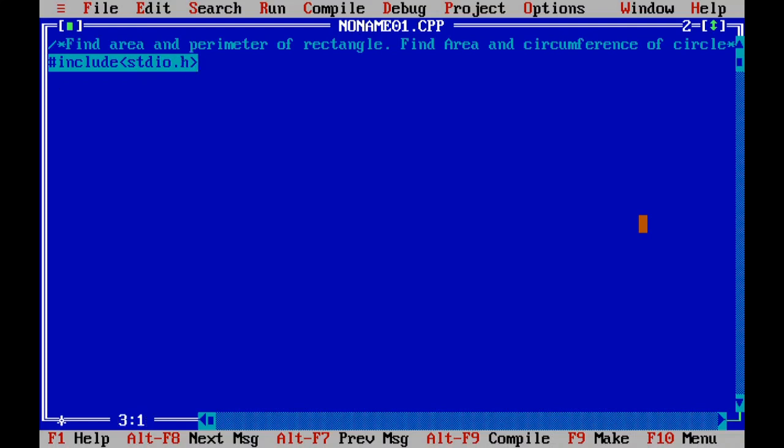After that we will include conio.h. After that we will include math.h.